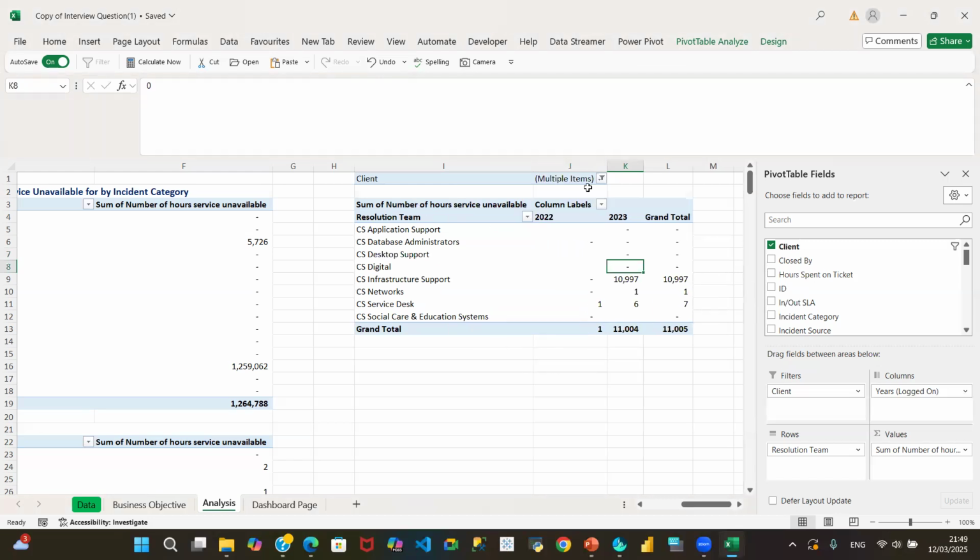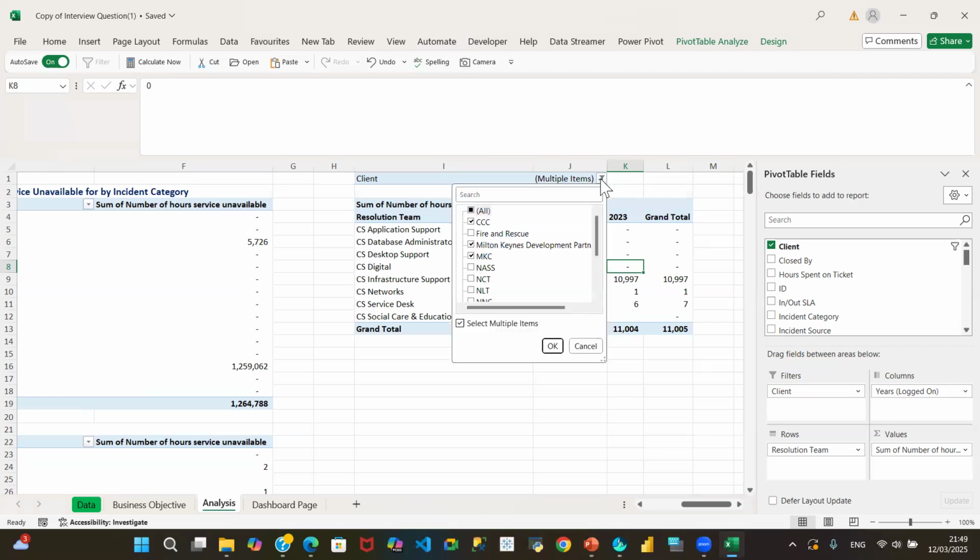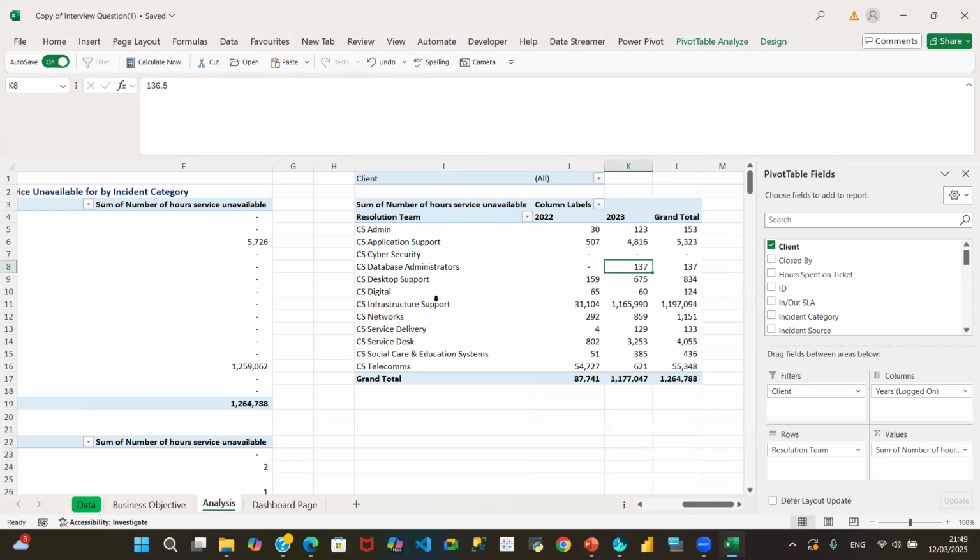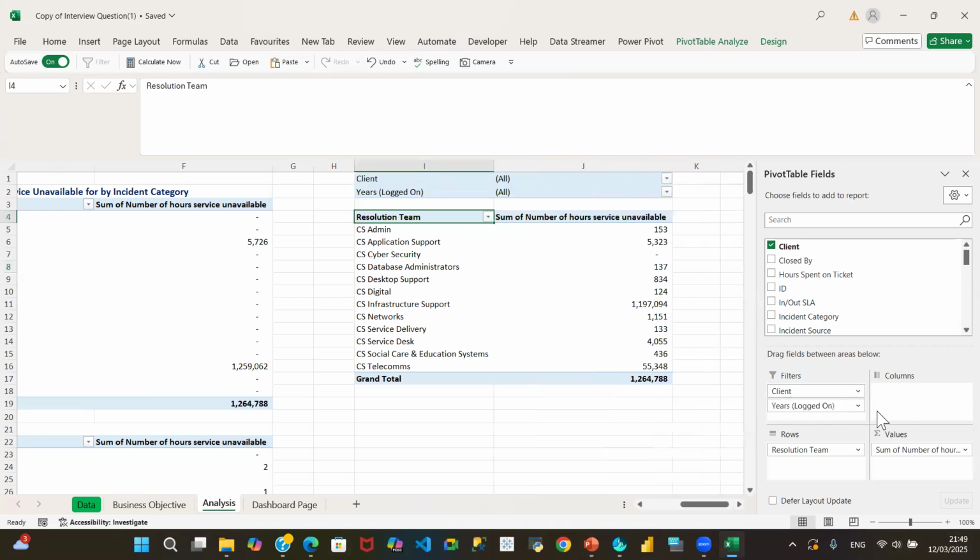Okay, so I can see client-wise how many hours services were unavailable for each of the years. You can decide to unpick those, select all now. You can decide to turn that around and see if it presents better. What I mean is that maybe we should put our filter here as well, so that you are looking at, okay, I just want